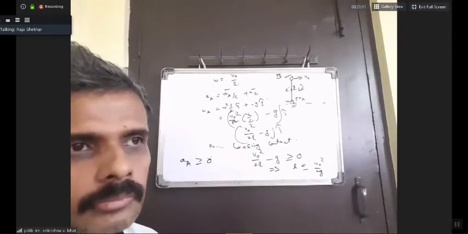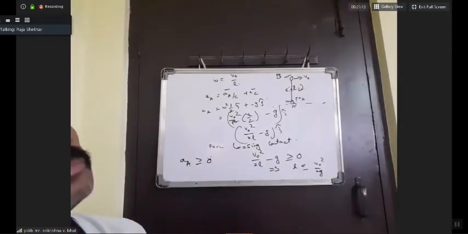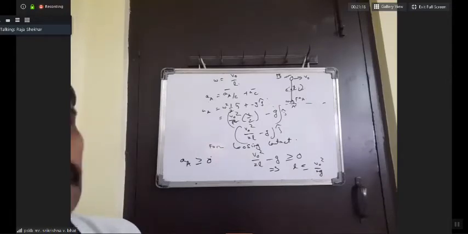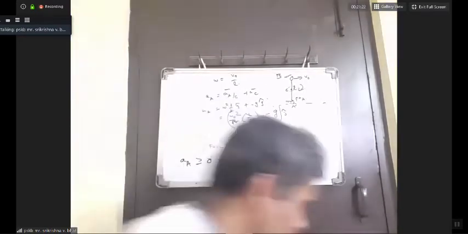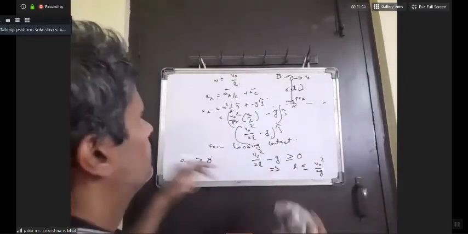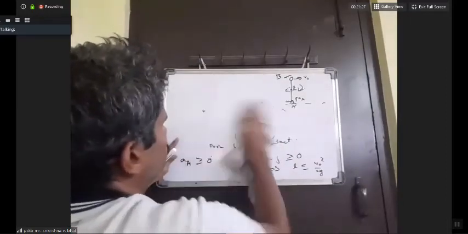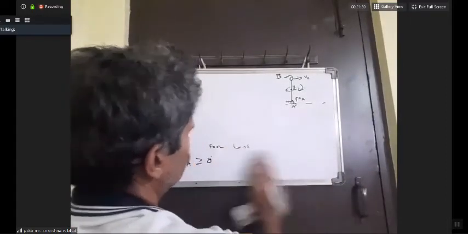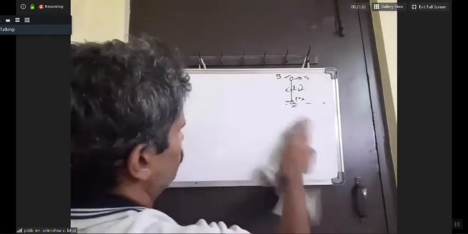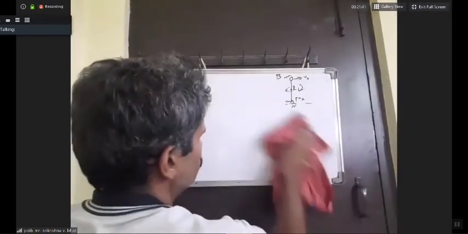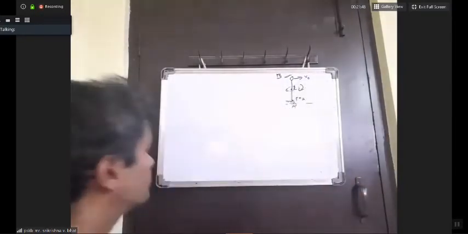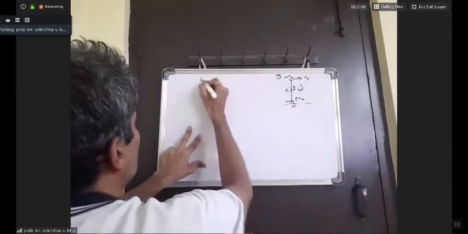Sir, when we are solving it in the reference frame of A, what will be the other equation, sir? One equation is balancing forces at B, when you are solving in the reference frame of A. Okay, I'll just show you the equation in the reference frame of A. What we can do. Okay, so here I'll consider like this.